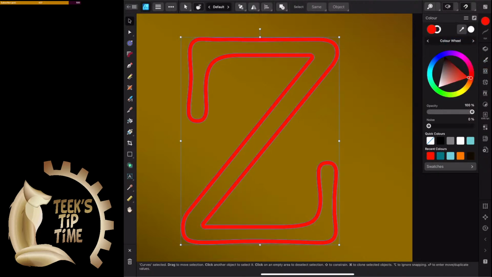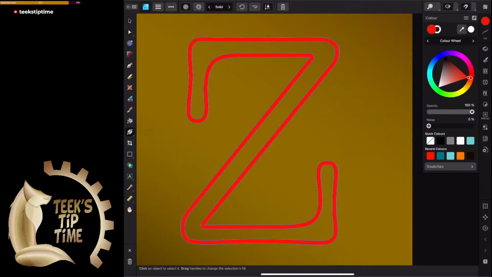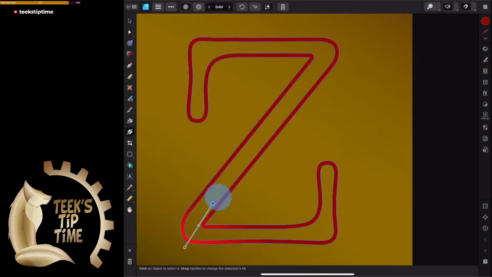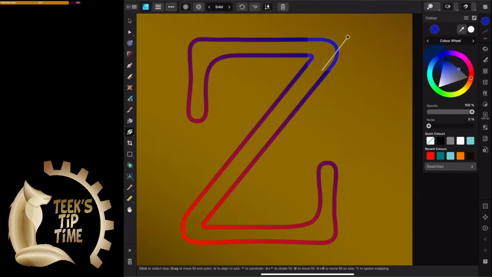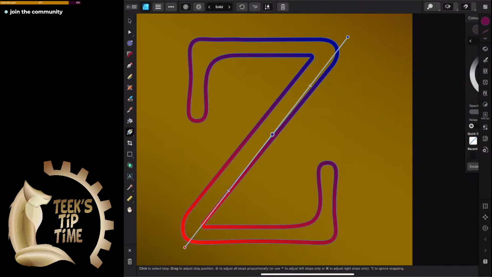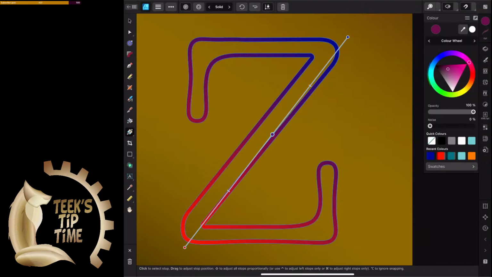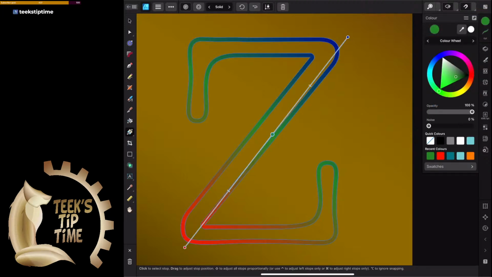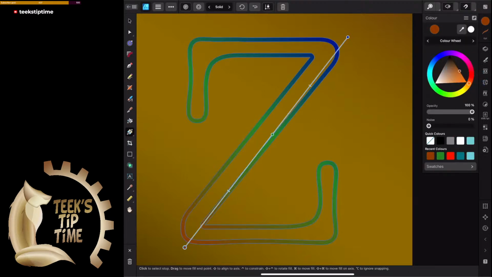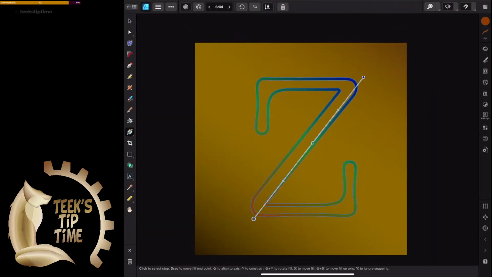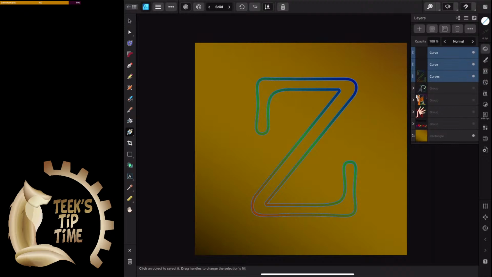Or what you could do is make it a gradient. So what color should we make this one? Let's go with a blue sky. Some trees or something in the middle, and end up at the dirt. So go into like a brownie color. There we go. Perfect. Now then, we're gonna group these,